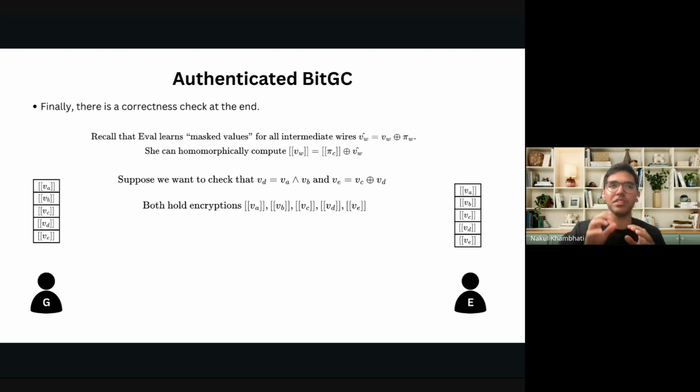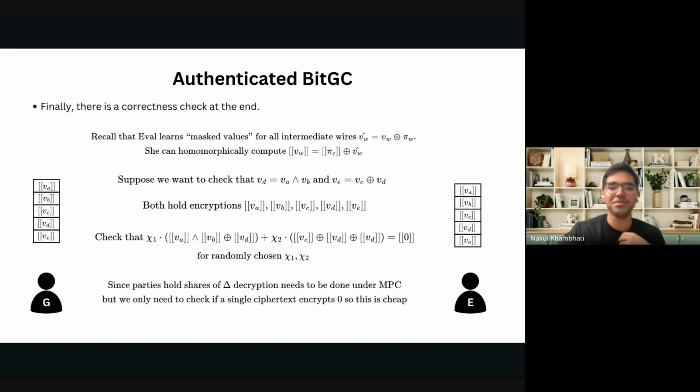By the way, this is why the authenticated protocol, instead of using one bit of communication per gate, now uses 2 bits of communication. Still a lot better than 200. And now they want to check that